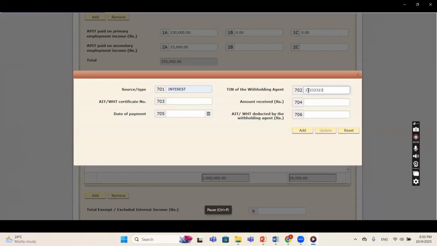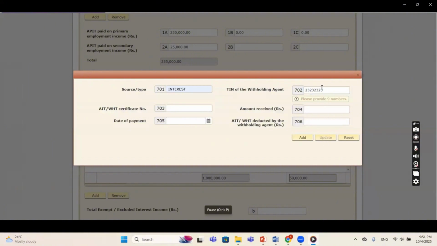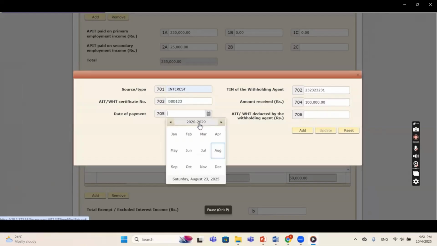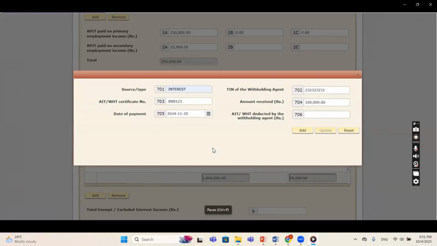Then in this case, no interest income pops up in the schedule. Sometimes there may be two reasons. One is the person does not have any interest income, or the person may not have many bank accounts. The other reason is the bank may not have submitted the particular schedules to the IRB. If the bank has not yet submitted that schedule, once you log into the system, you cannot see the interest related